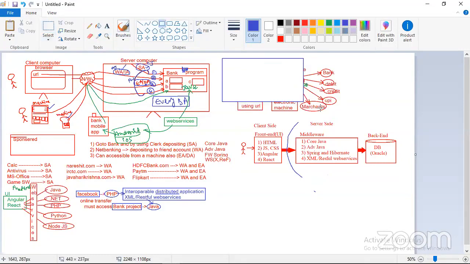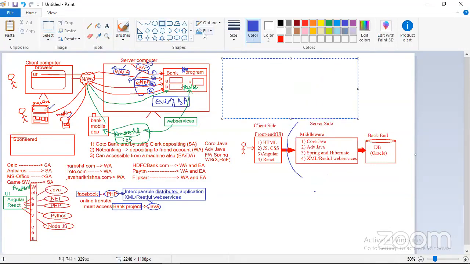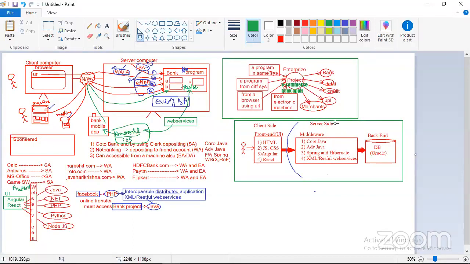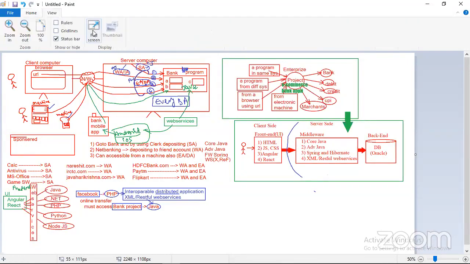To develop this enterprise application, what courses do you need to learn, and the course design and integration order. I hope I have given full clarity on why you are learning and what you are learning.